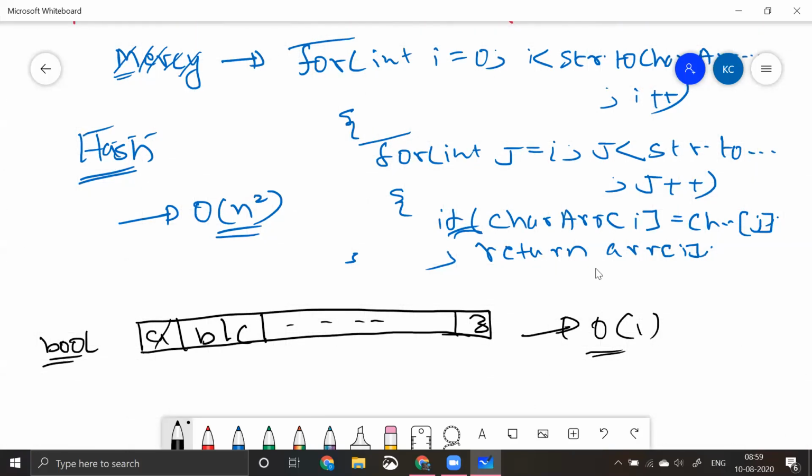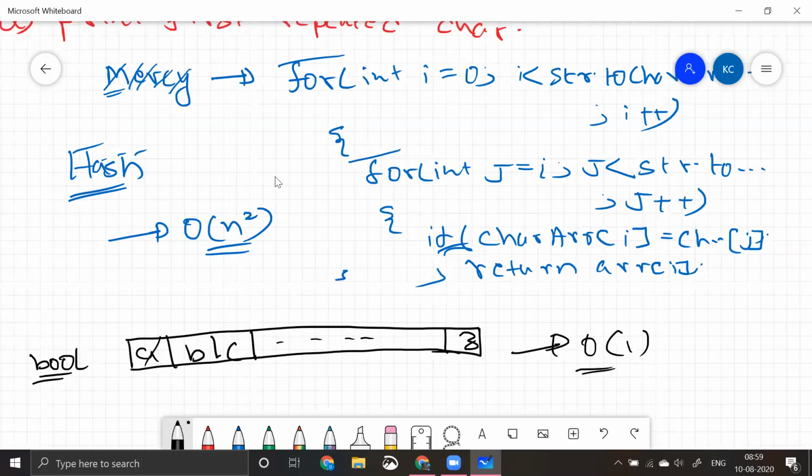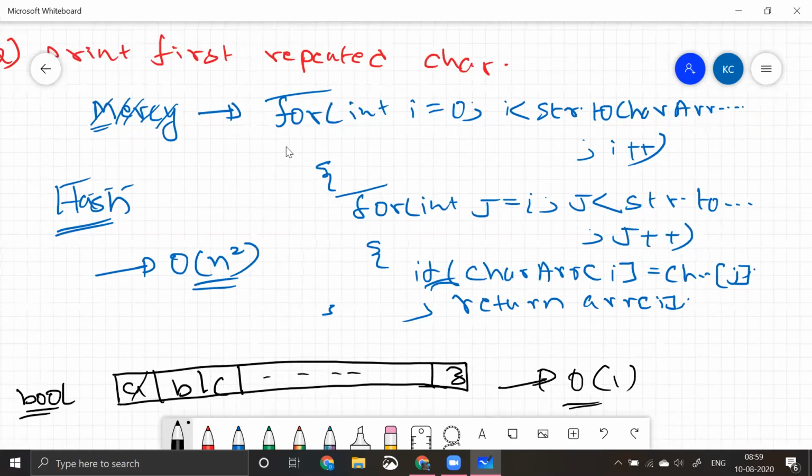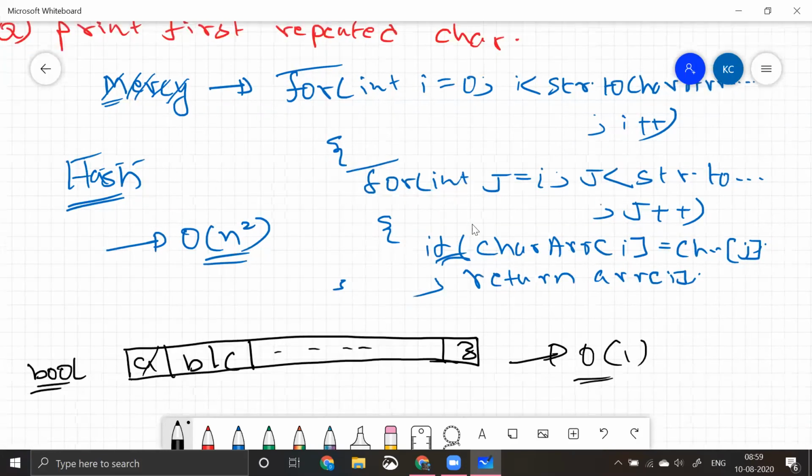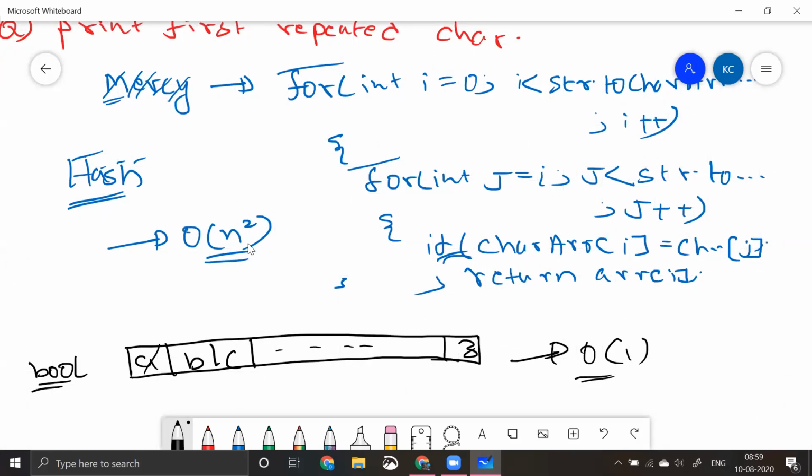So let me repeat once more, guys. We have taken a small program to print the first repeating character. When we see the pseudo code, we are able to do that in two for loops. We came to know that we can do that in order of n square. Then we thought, can we do it better? We have already done a similar program in Pangram. So I've taken a Boolean array, or an array of size 26,